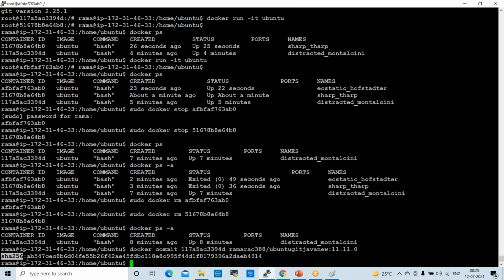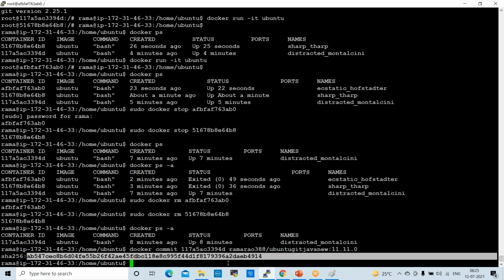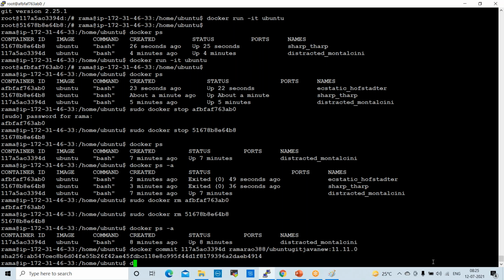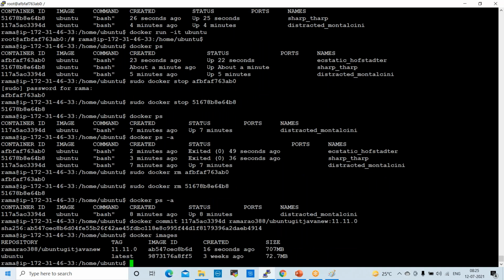When a SHA code is generated, it means it is converted into an image, right? So now if you check docker images, see here. This is our base image which we downloaded, right? This is our own image which we converted from the container.